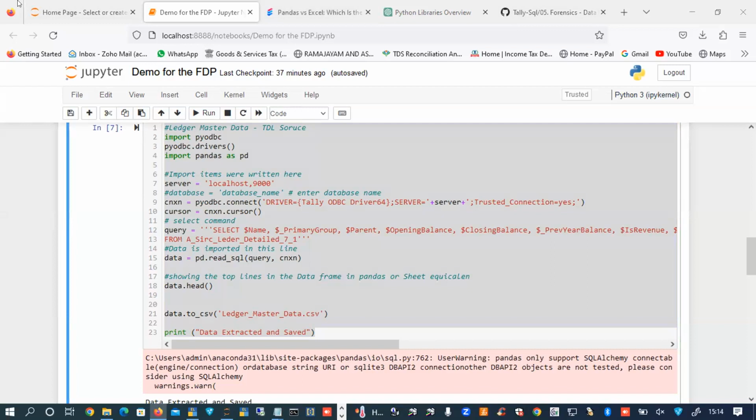Sir, actually, you have written the query in this already. Please put your question, sir. Actually, in the Jupyter, you already gave the query, select name, primary group, something. And in the Excel, I've already given it. From Excel, again from properties, you have taken again some query. So why...